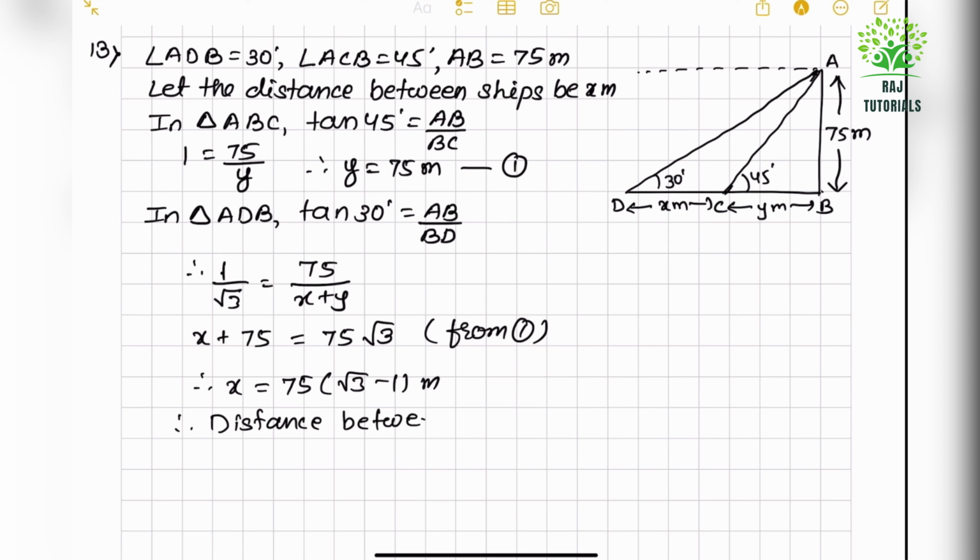So, therefore, x equal to 75 into root 3 minus 1 meter. So, distance